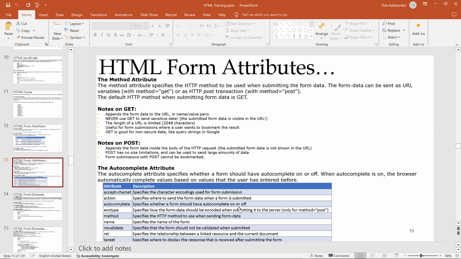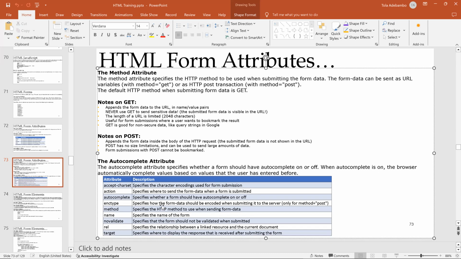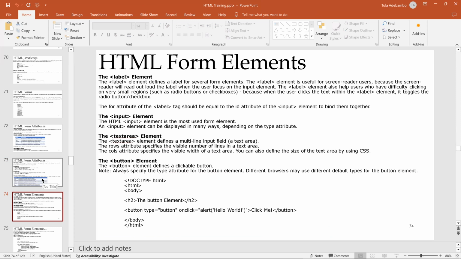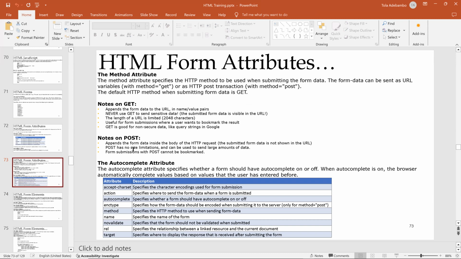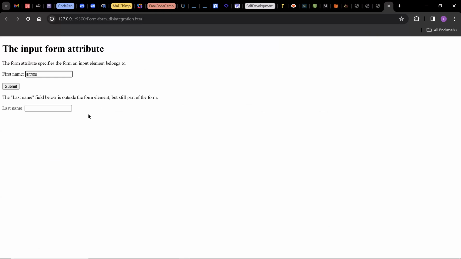The encryption, just like I said earlier on, is just to encrypt your data, not storing your data in plain text. Then I've discussed method. I've discussed the get and post method. Like I said, there are other methods which we will discuss later when we are talking about data, the back end. And that is pretty much about the important things. There's no way one can cover everything in the class. So please, the documents are there online. You have your MDN. You can go further and find more about the form elements and any other